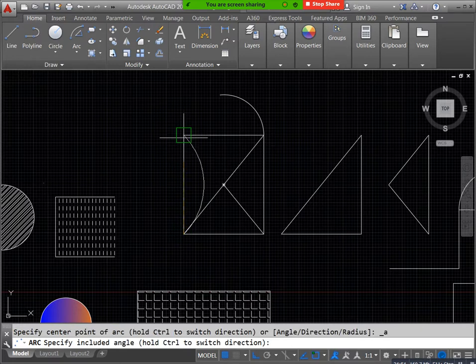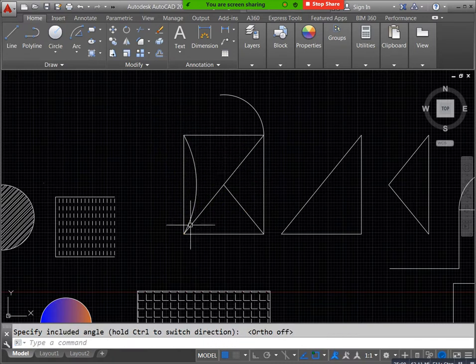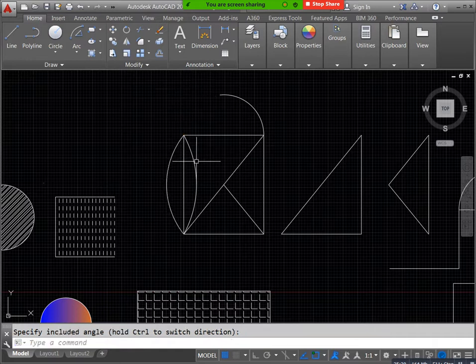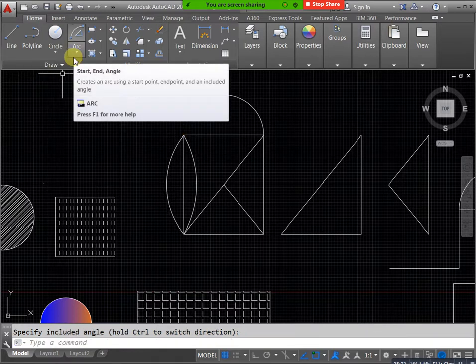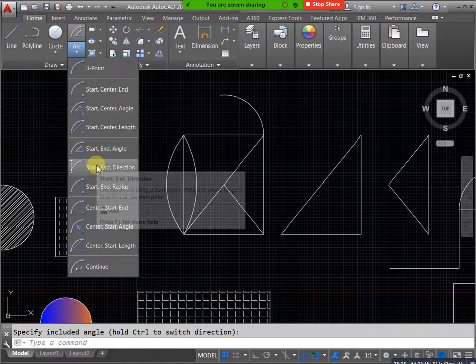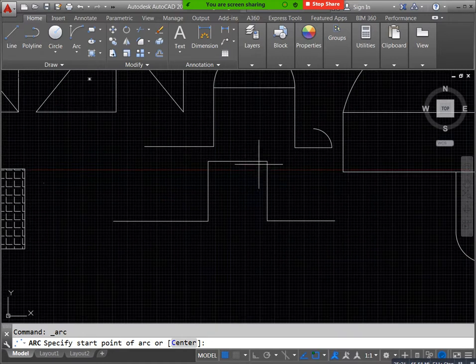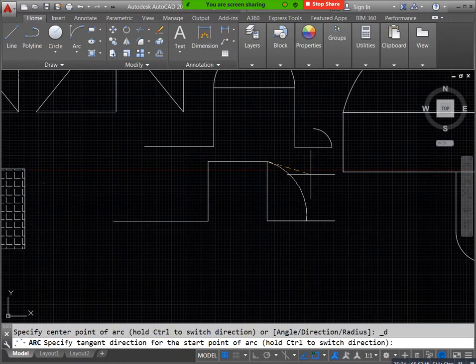Next, start, end, direction. For example, this is my start, this is my end. Next you mention your direction like this. We have door symbols, for example, we have a door now, you will take this one. In civil floor plans, we can see our doors. The doors are directly like this. Take 15 as the distance, for example, and I have a 15 distance. For example, this is my door, an L type door. In the opening symbol of the door, this is the starting, this is the ending. Now you can see we can mention our door symbols like this, opening doors in civil floor plans. That condition is also applicable.